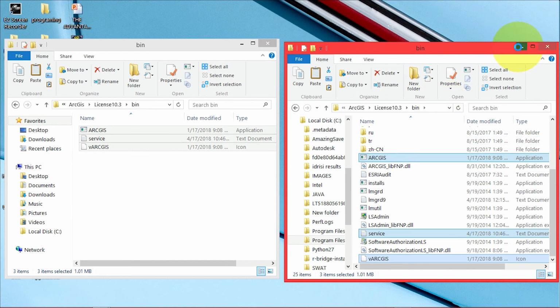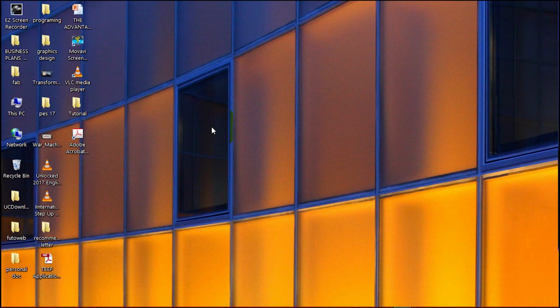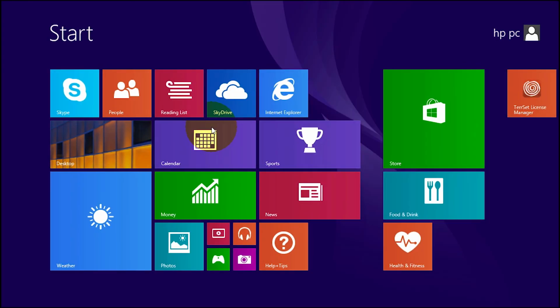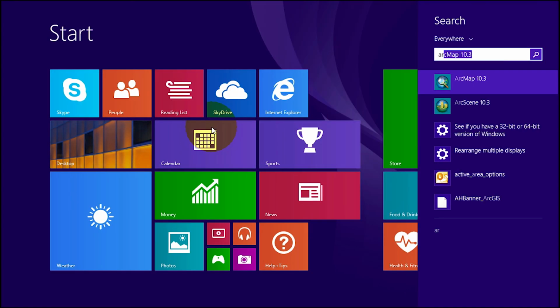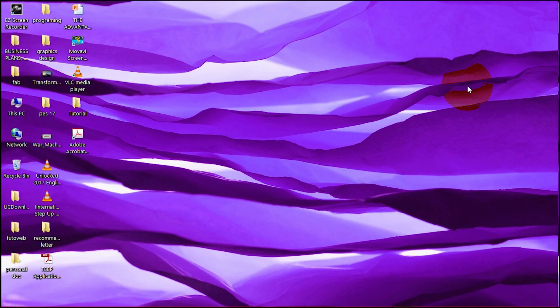So I have ArcGIS installed, so I'll search Arc. Here I already have ArcMap, ArcScene. By default, when you have ArcGIS installed, you should have ArcMap, ArcScene, ArcCatalog, and then ArcGlobe. They all do different things. So I'm going to launch my ArcMap. This takes time. I think this brings us to the end of